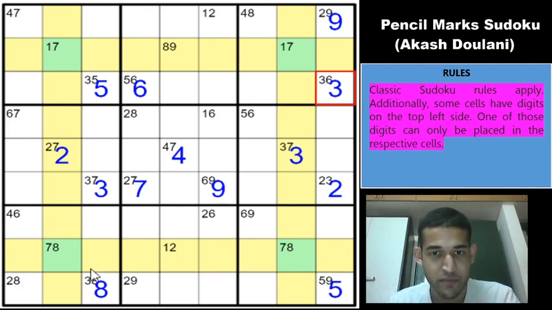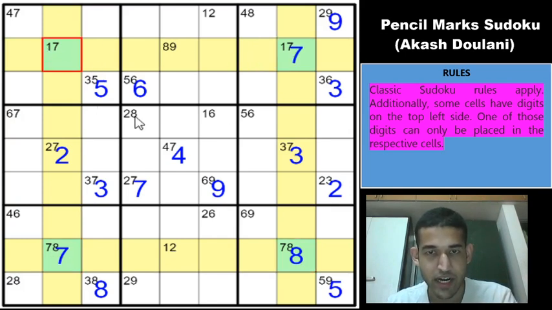Sudoku variant, I mean. So this 8 gives us a 7 here, which means we get the 8 here, and we know that the 7 in rows 2 and 8 will be restricted to the green cells. So this 7 has to go here because 7 can't be here. So this will be a 1 now. We've got a 1-7 pair. So any more pencil marks we can reduce further.